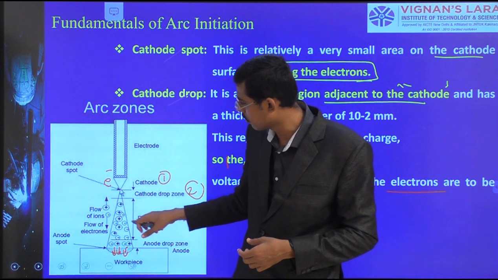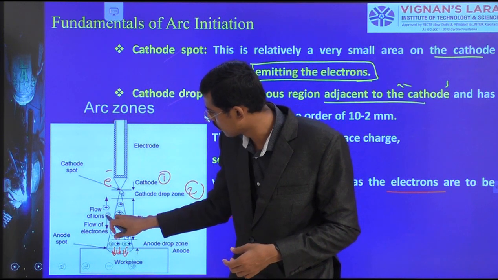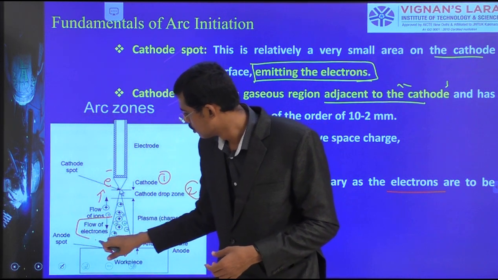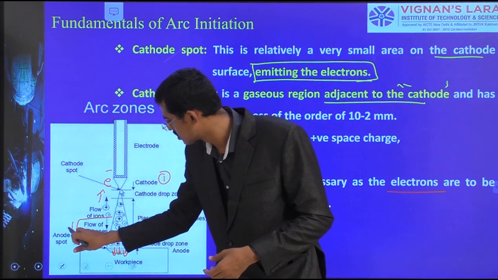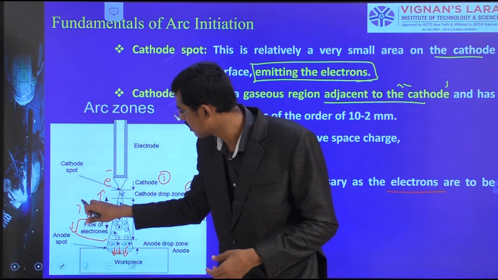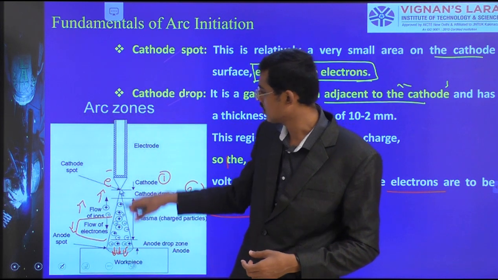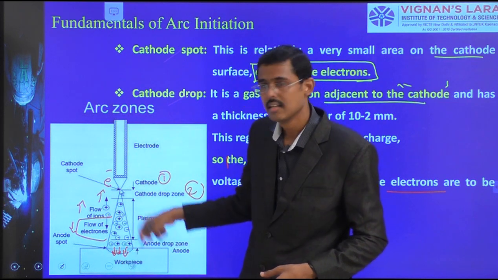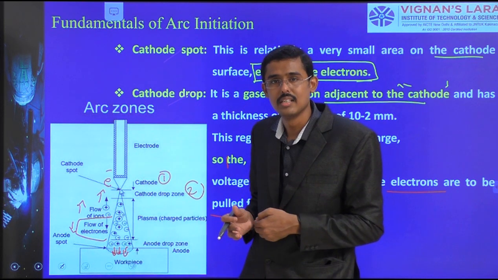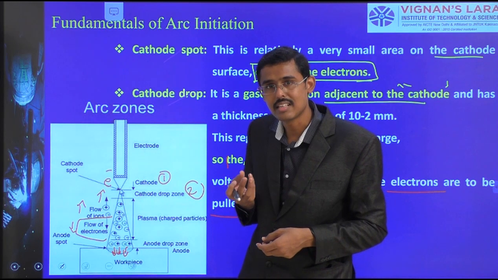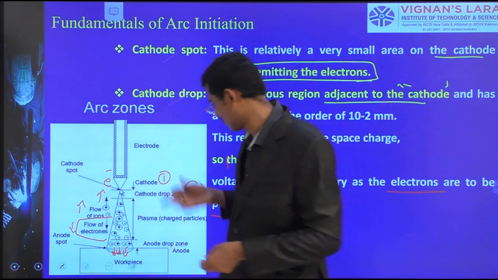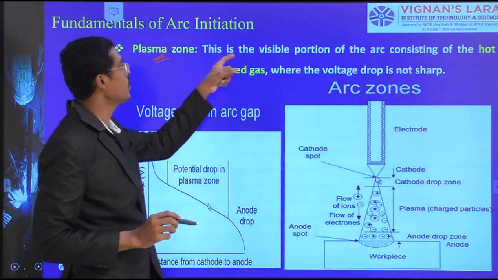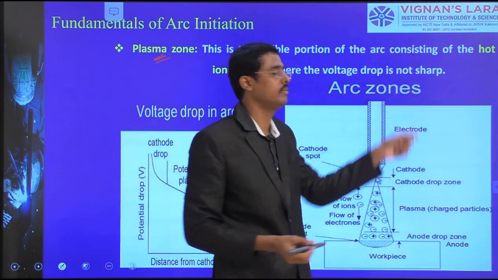That is why I have shown the flow of ions and the flow of electrons. See this point: for the flow of electrons I have drawn the arrow downwards, and for the flow of ions I have drawn the arrow in the upward direction. Positive ions are attracted by the negative zone, but negative electrons are attracted downward. This attraction process creates what we call plasma. See the plasma zone. This is the visible portion of the arc consisting of